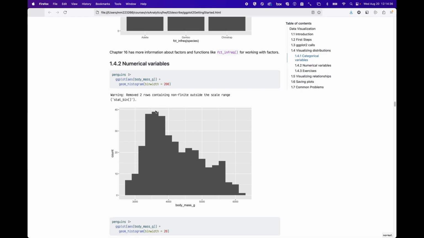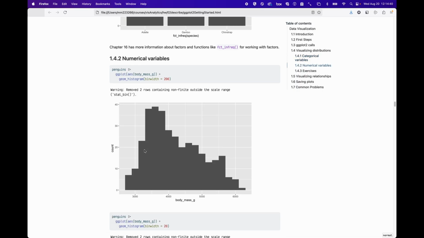Now, I mentioned histograms. I think this is actually where we ended up, was discussing histograms. So the question was, how many bins or how wide of bins should you have in histograms? So we can set the number of bins either with the bin width argument or the bins argument. So the bin width argument tells us how many items will be in each bin. Or